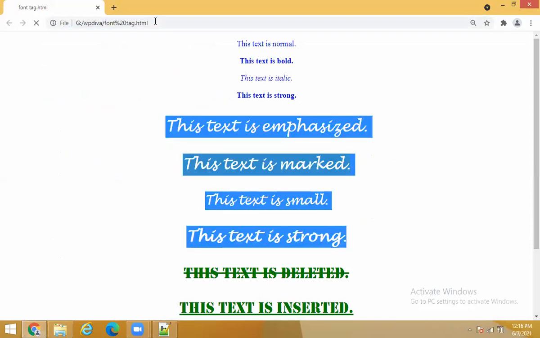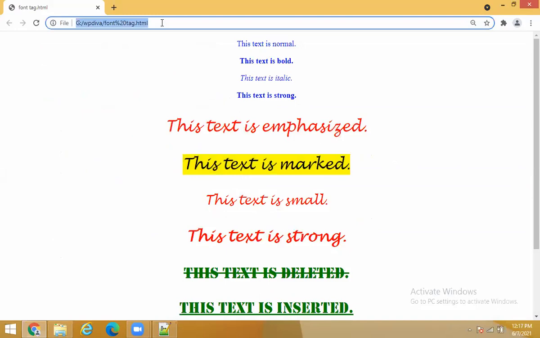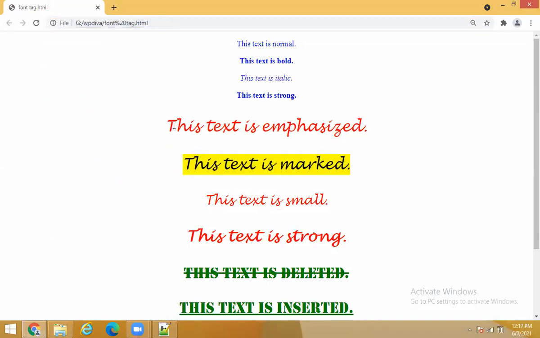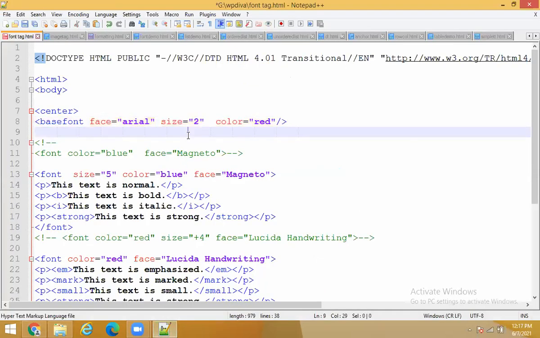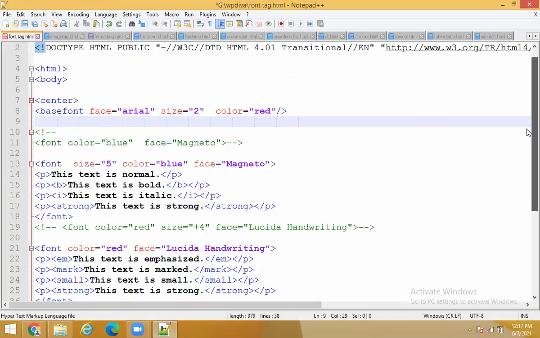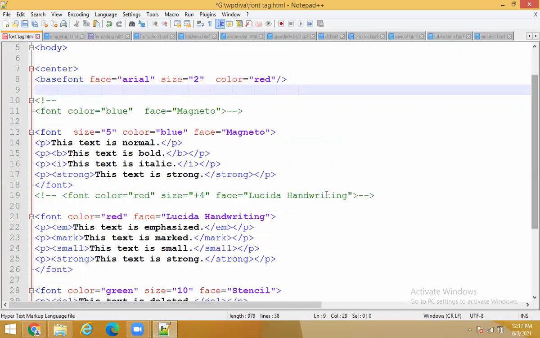Now if I refresh it, it has to take a default size of 2. That size will be taken by default from this base font. Clear to you? Okay, so there is a minor execution error here, but once when we type, it will get executed, right? So this is how the base font is going to work.